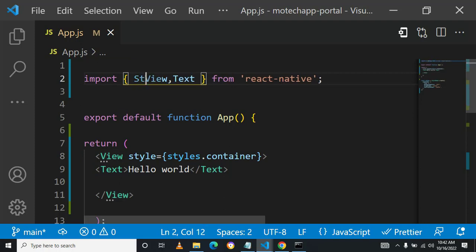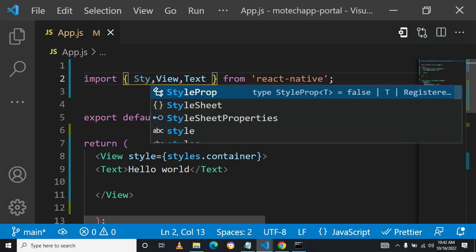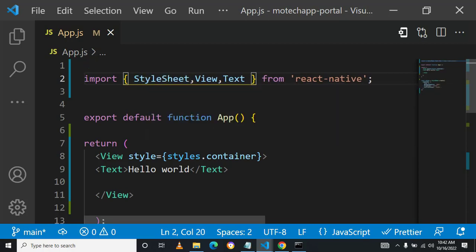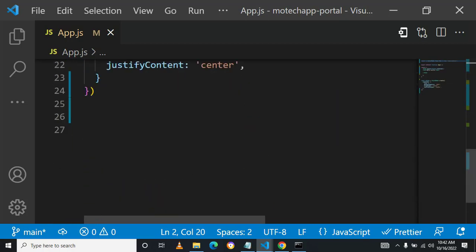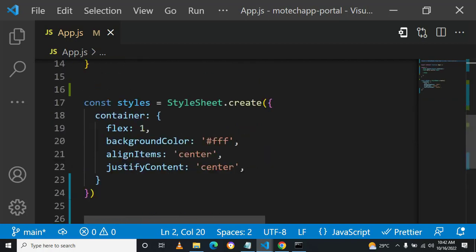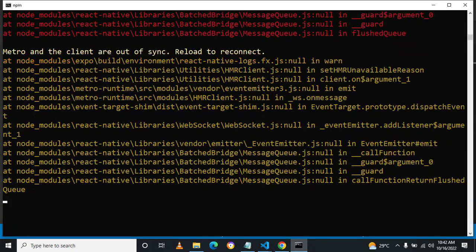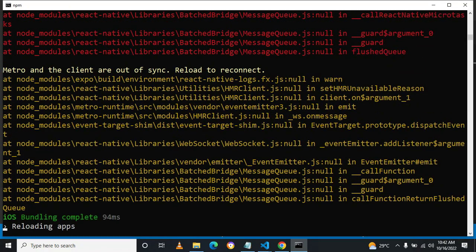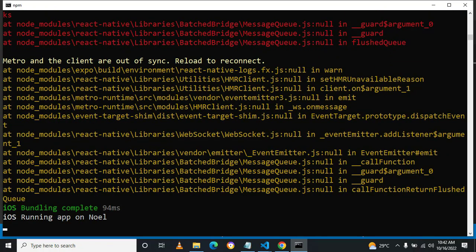Okay, so StyleSheet. Perfect. Should be something like this, StyleSheet.create. I think there is an error on my app. Okay, so let me try out to reload. Perfect. Now you can see hello world is on the center of your screen. We need to proceed, guys. So after that,